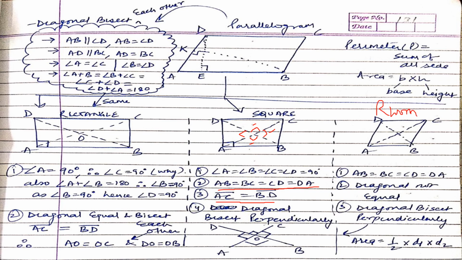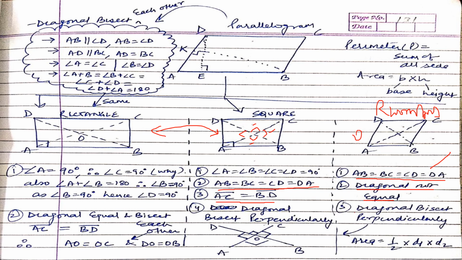Let's see how the rhombus is different from its father, or what extra it has apart from what its father gave to it. Now see, the first thing is all sides are equal, as I told you in the property last slide. Second thing, very important, diagonals are not equal. Diagonals were equal in these two, but diagonals are not equal in this case. So a point to remember very crucially.